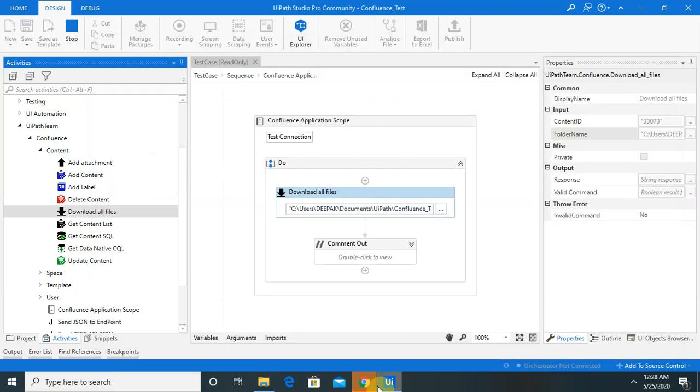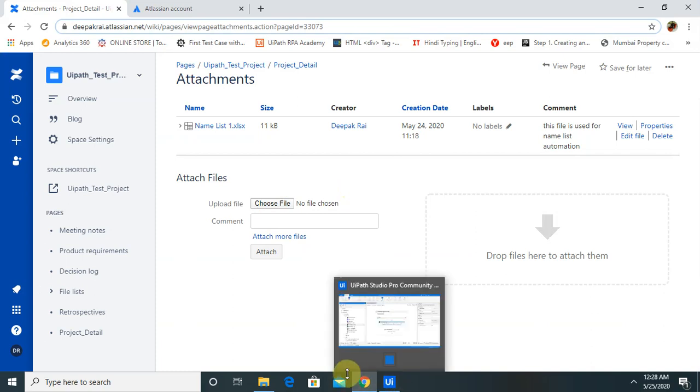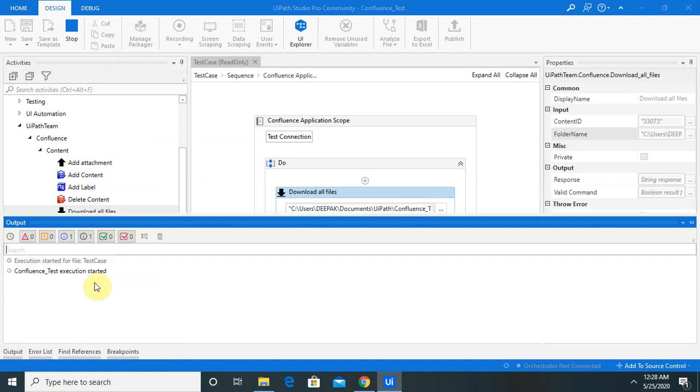It will take some time. Now the Confluence test execution has started.